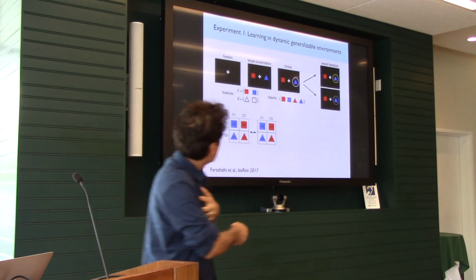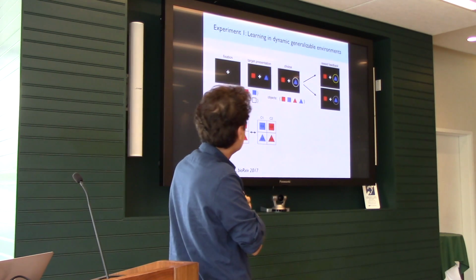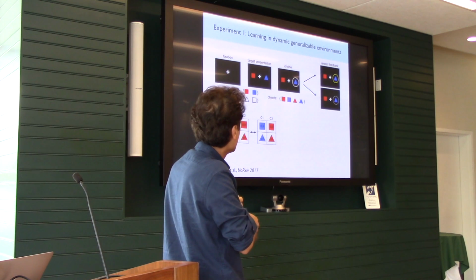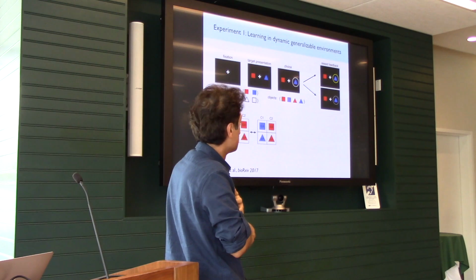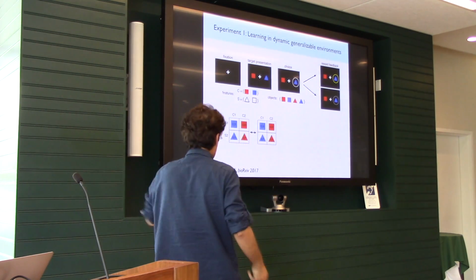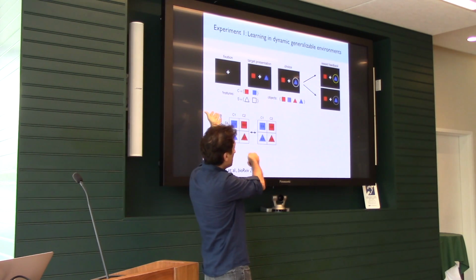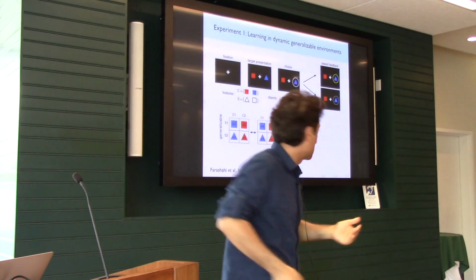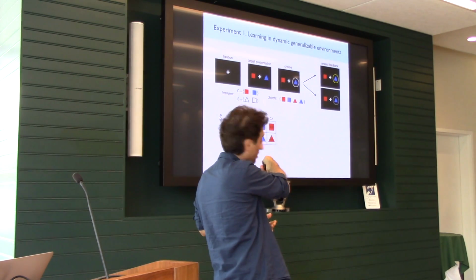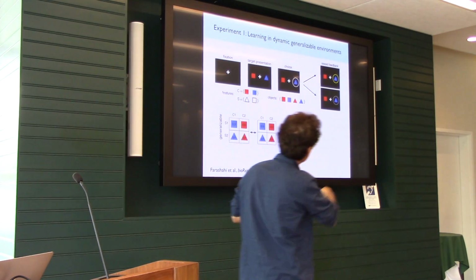Okay, so basically we have 4 experiments. In one experiment, you see we have 4 shapes. There are 2 colors and 2 shapes, which makes 4 objects. As you can see in this design, the number of features you have to learn and the number of objects you have to learn are the same. So you don't get any dimensionality reduction if you go feature-based learning versus object-based learning.